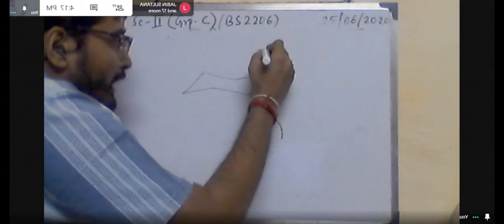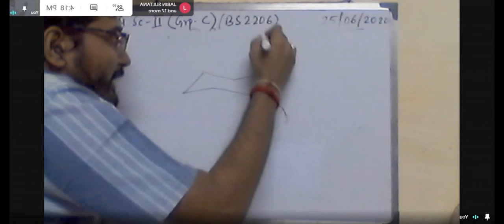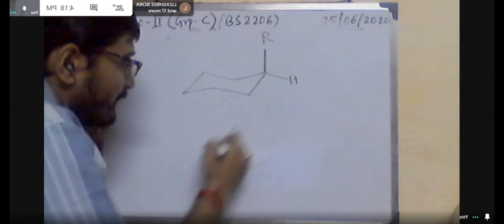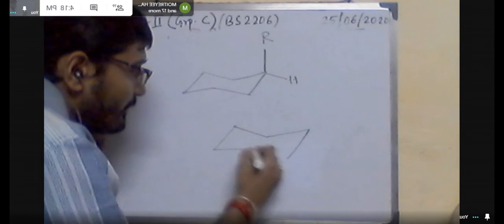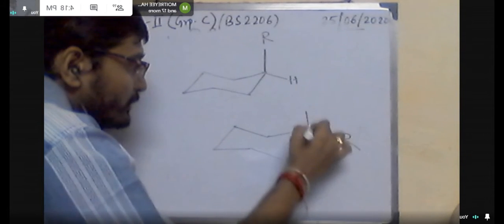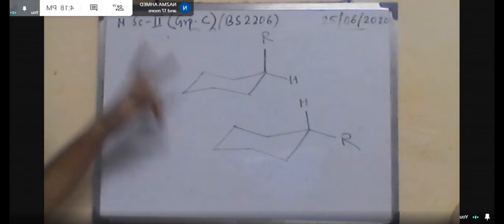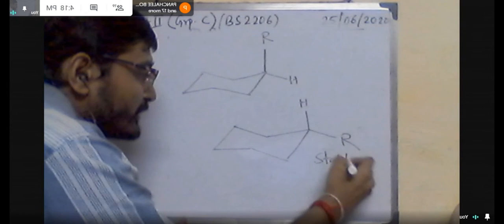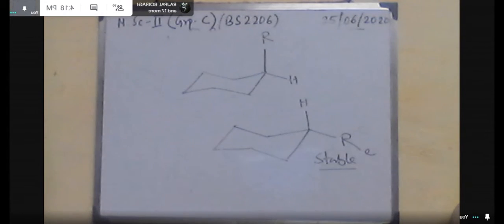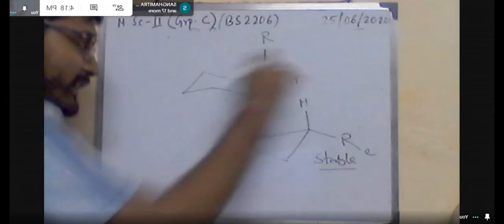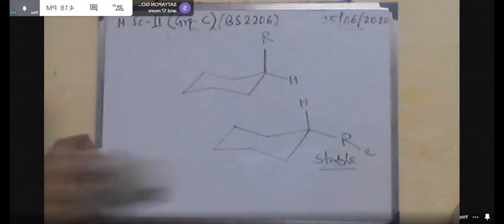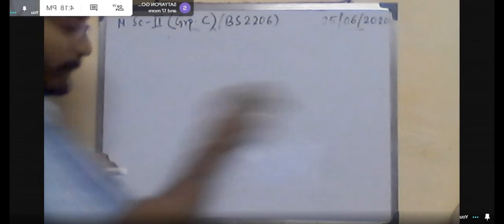So in this case, if the hydride attacks from the top face, the hydrogen will be on the top, that means in the beta face, and OH will be in the downward face. Similarly, if the hydride attacks from the bottom face, the hydrogen will be in the lower position and OH will be in the beta face. In between these two, this is the major one, to minimize the gauche-butane interaction. But here the ratio you can find is 51:49, not too much change in the yield of the product, almost comparable, but still this is the major one, or it may be 60:40, whatsoever.